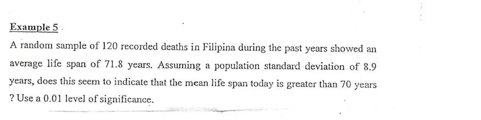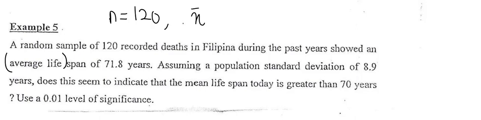Now we look at example 5. The question is a random sample of 120. So we have our n equal to 120. We have an average lifespan, and this average lifespan is from the sample. That means we have the x bar